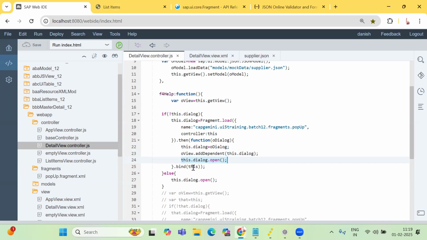And the bind this, you understood what I said. Or if everything is there, don't run this piece of code. Directly run this piece of code. Now,